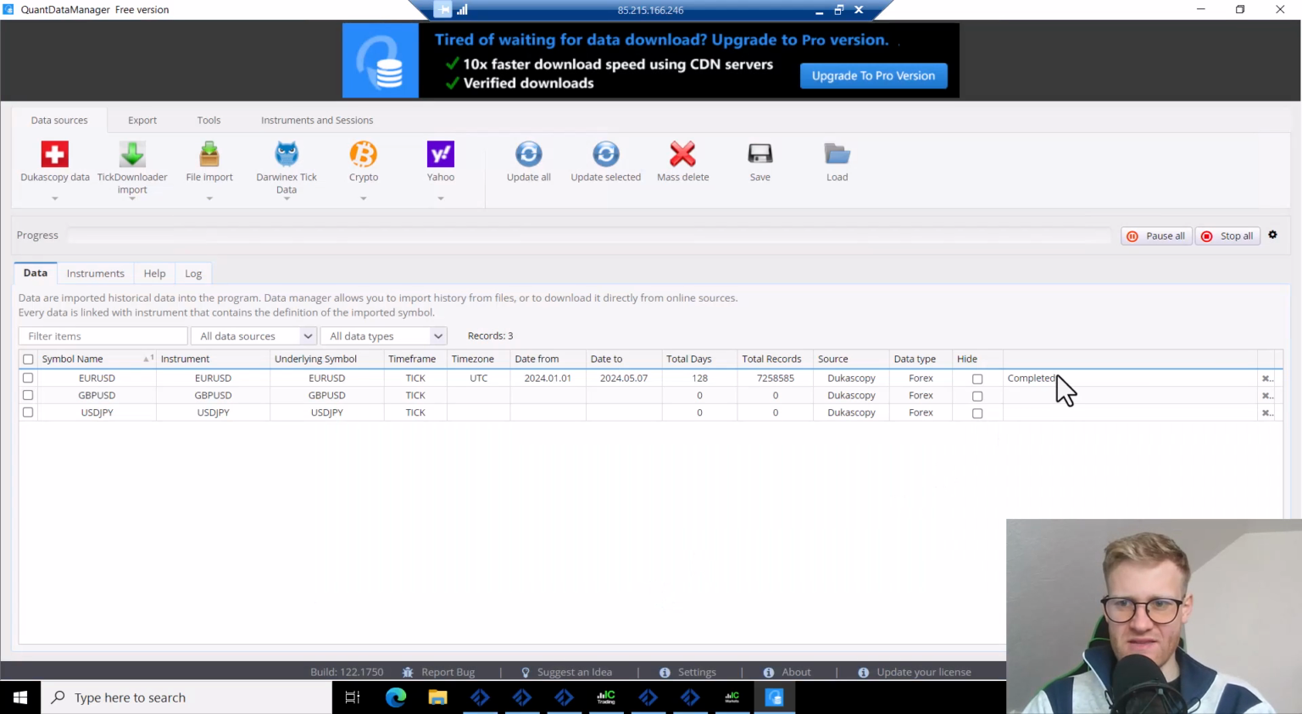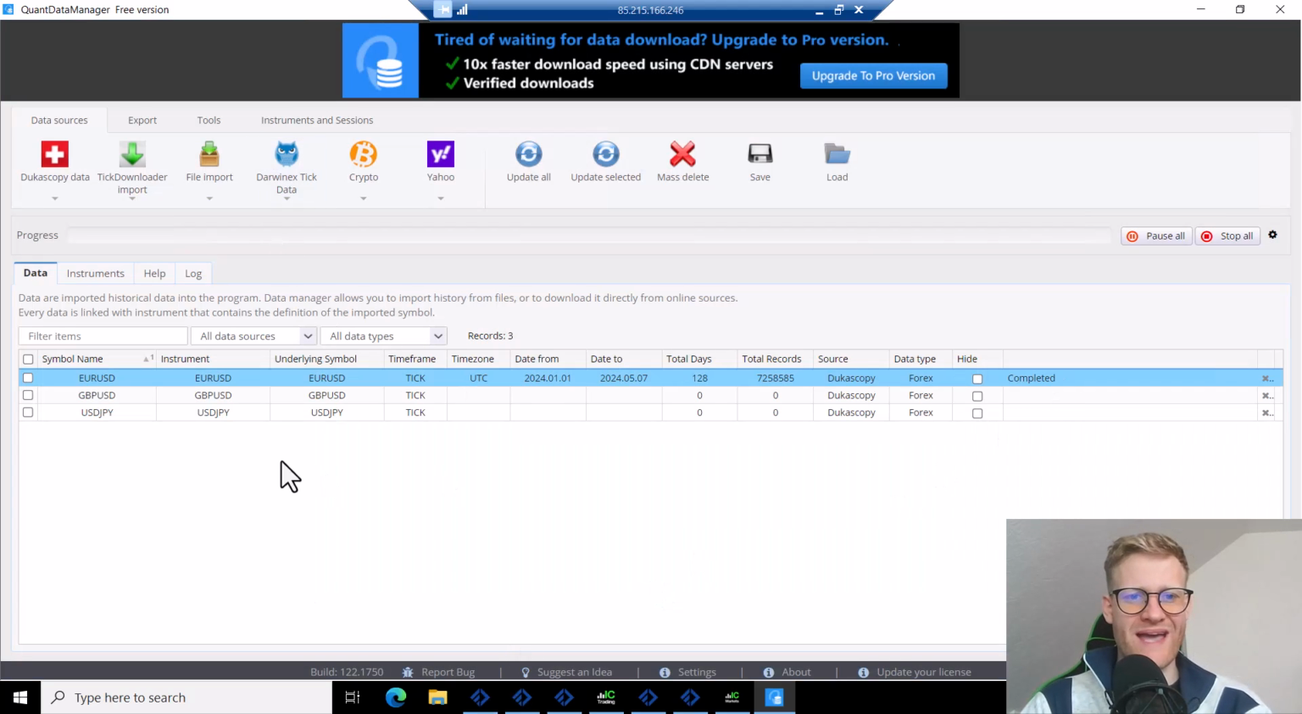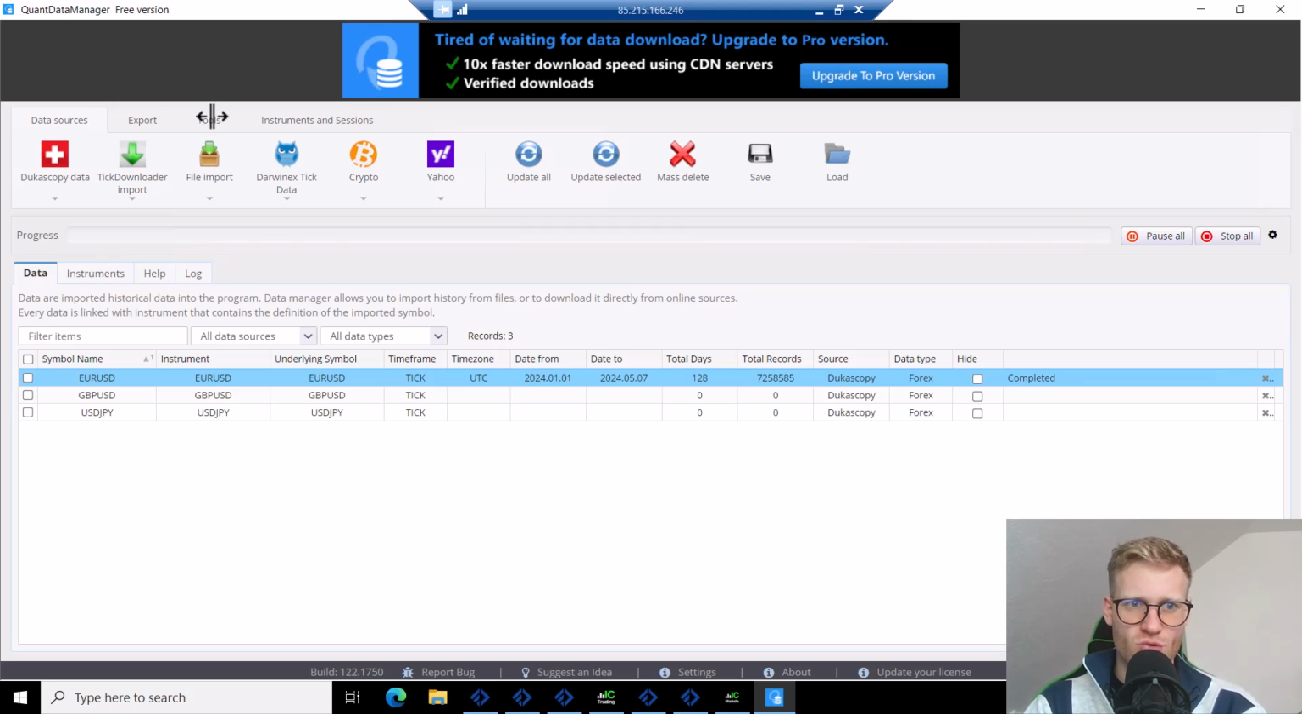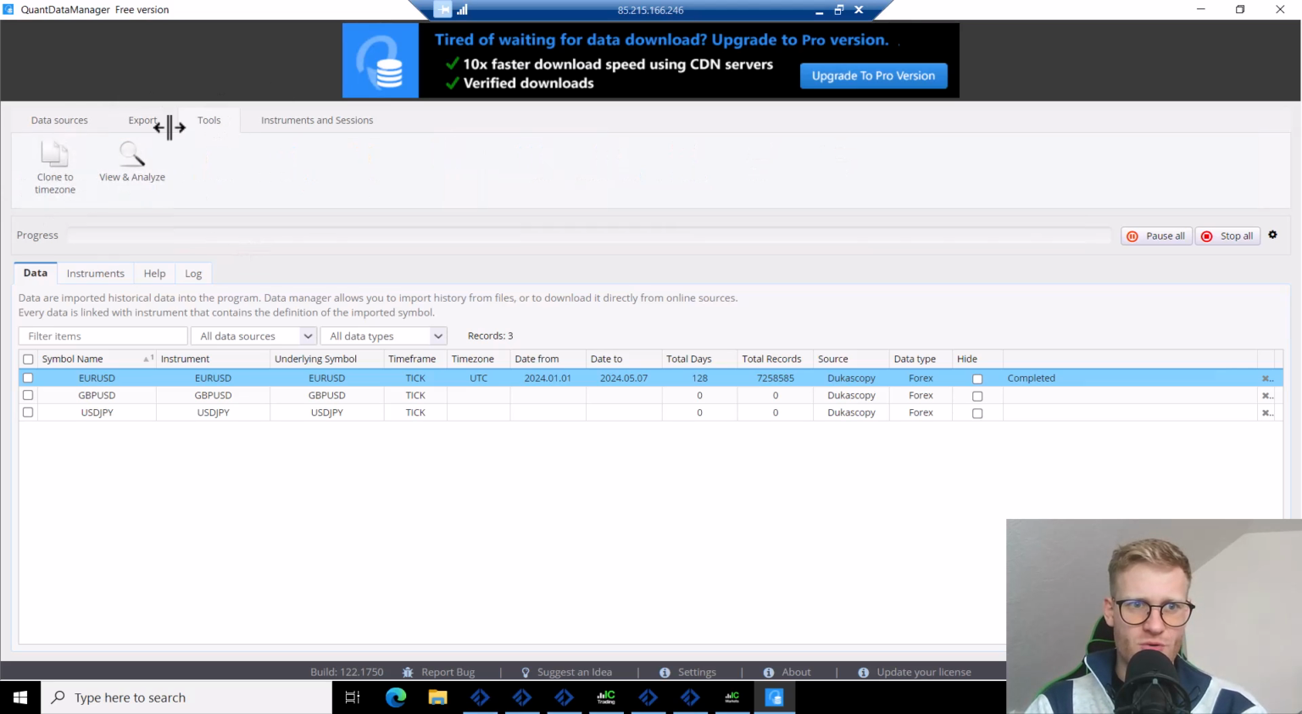So once it says download completed, you can then go ahead and export this already to MetaTrader 5 data. But what I want to show you also is that you can convert it to a different time zone. And this is what you want to do if you want to test in the same time zone that your broker has. So you can see the default time zone here is UTC, but the broker usually uses another time zone. So you have to use a tool here. And there you go, like in this